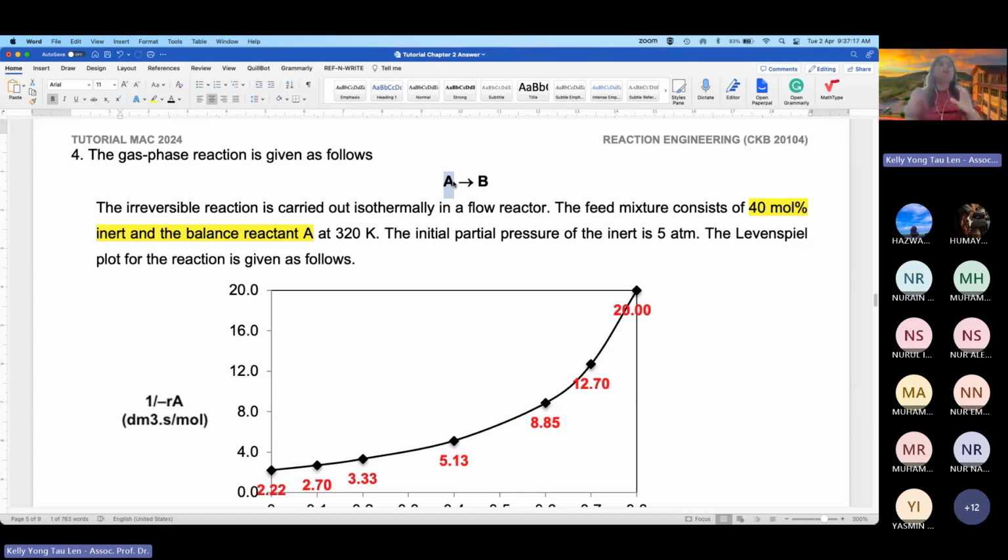So remember, when you're given mole percent, you must convert to mole fraction. In this question, we can determine the initial mole fraction of inert and the initial mole fraction of A. You must always understand that in a reaction, the initial compound is not necessarily only the reactant. It may also consist of other compounds that may not be involved in the reaction,